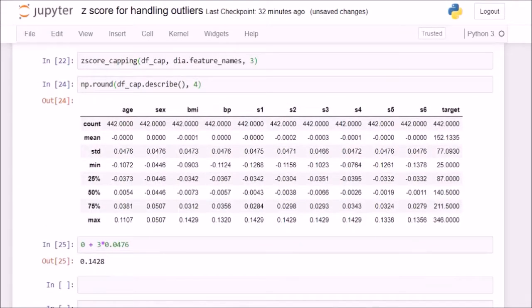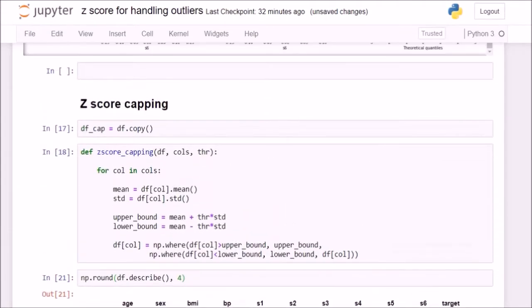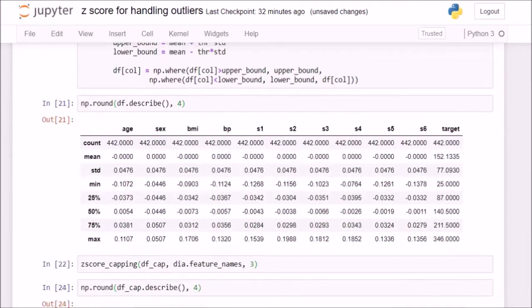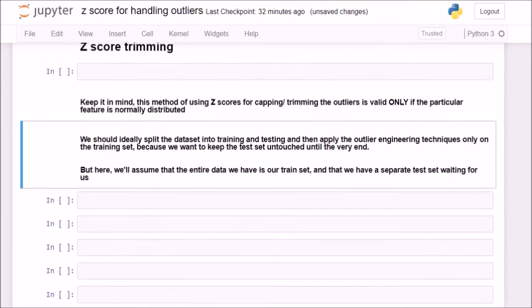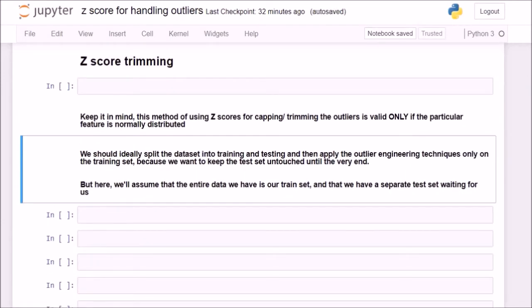Namaste. In the last lecture, we looked at how we can cap the outliers using the z-score method, and in this lecture, we'll look at how we can trim the outliers using the same z-score method. Now, first of all, if you didn't follow my last lecture, you need to keep in mind that this method of using z-scores for capping or trimming the outliers is valid only if the particular feature is normally